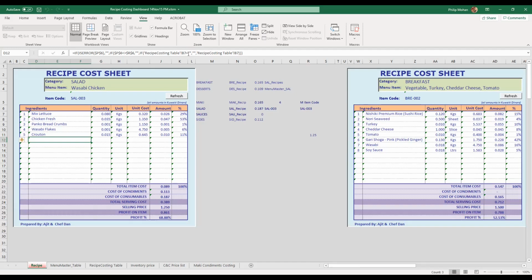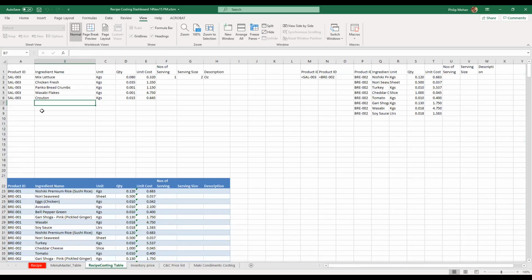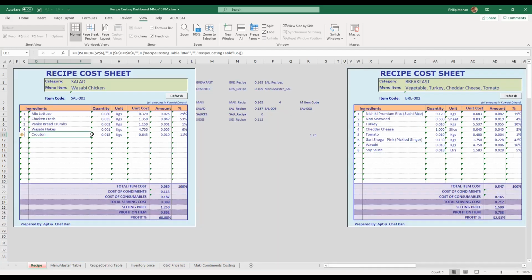That's what this double quotes mean. If B7 is a space, put a space here. If not, give me what's written down in B7. That's what I'm saying here. That's not the macro, this is just a formula. But the macro created this information, which I'm using to populate this form.